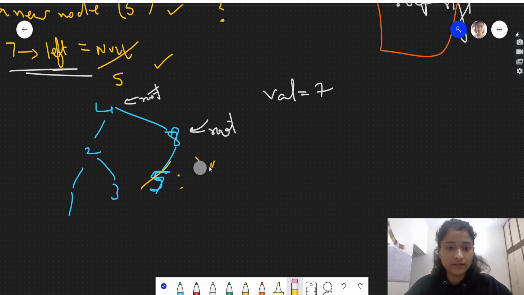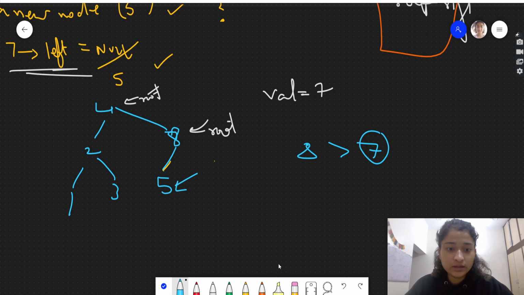So let's suppose we do it again. Right now this is a 5. We are again inserting 7. So right now our root is here, right? We know that we'll go here, and from 8 we need to check. So we go to 8. We see 8 is greater than 7, means this 7 will go to the left of 8, because left has less values than the root. So 7 is less, so it will go in the left.